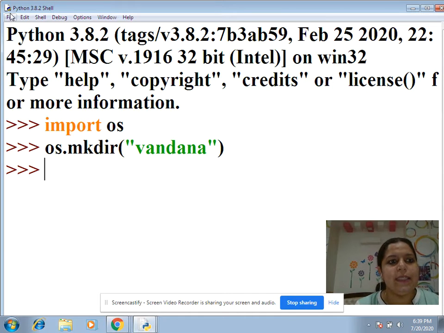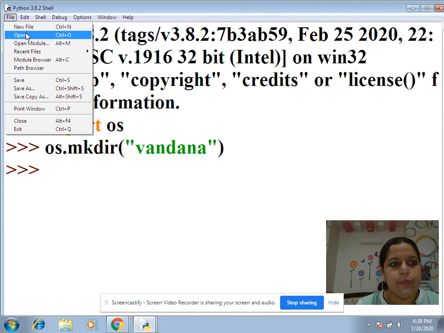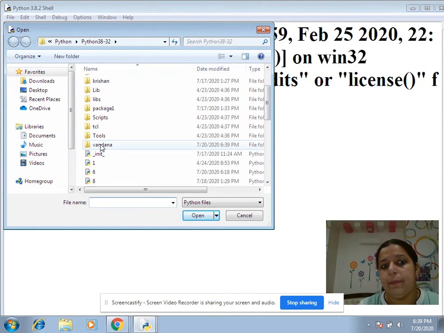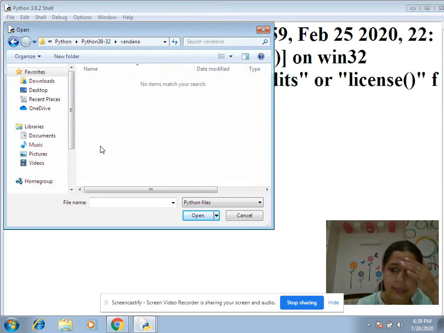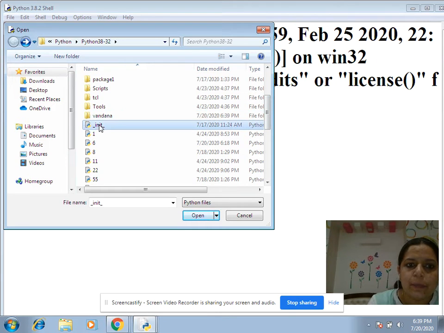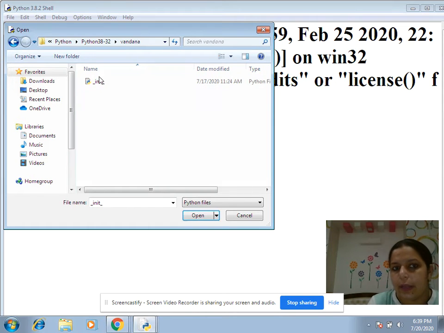So now you can see this thing here when I'm opening all the files of the Python. Here you can see the name Python Vandana is already there, but as you can see, there is no file included in this. So how to make a package is the first thing that you need to save the init file into the package. So I'm dragging and dropping this into Vandana. Right now, in my package Vandana, I have this init file, which is a kind of initiation part for my package.